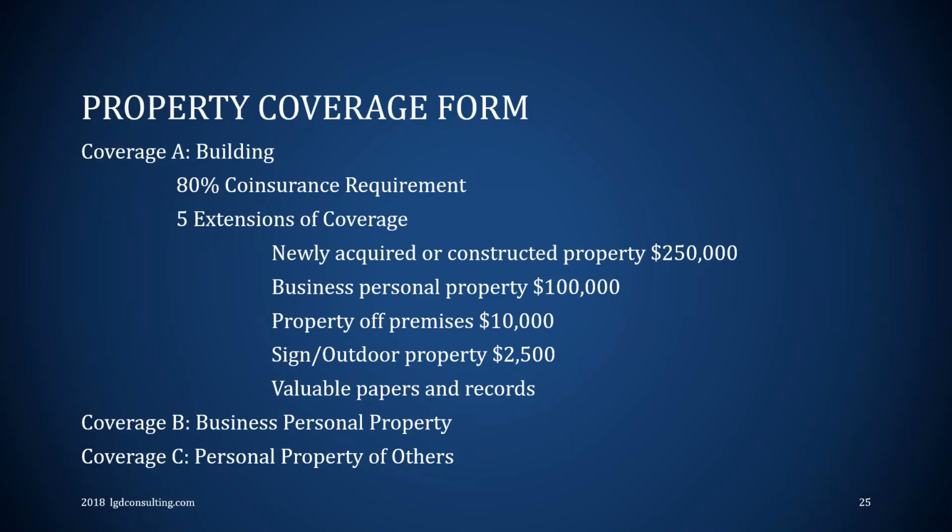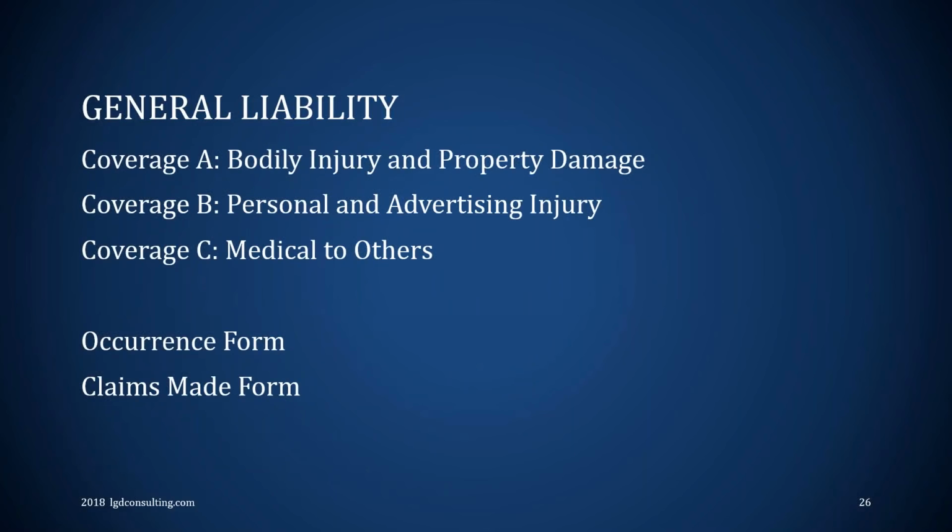Okay. Now you might see bailee's coverage. It would be personal property of others, like a dry cleaner where they have temporary possession of other people's property, like shirts, laundry, things like that. That'd be a dry cleaner. That would be a type of bailee's coverage. Okay. More on that we'll get to a little bit later.